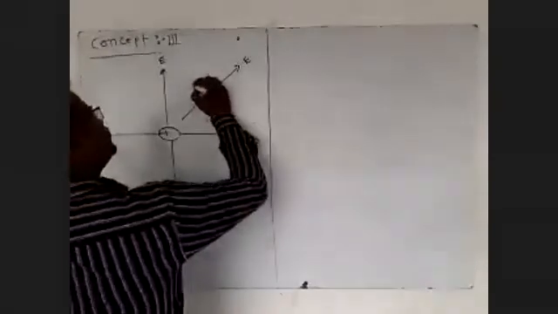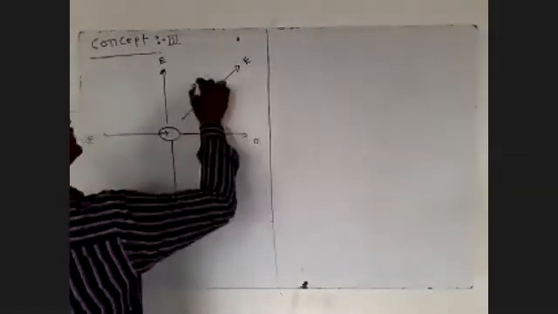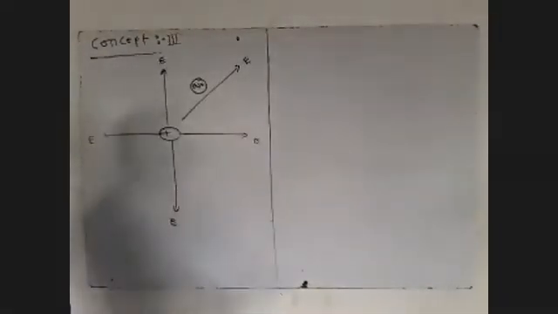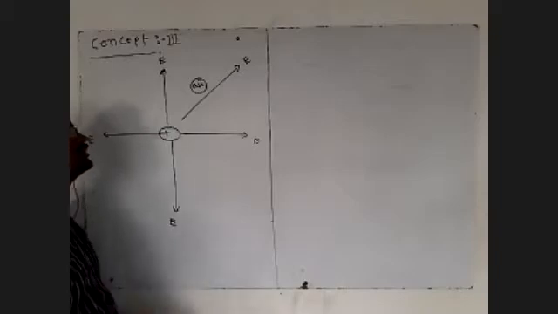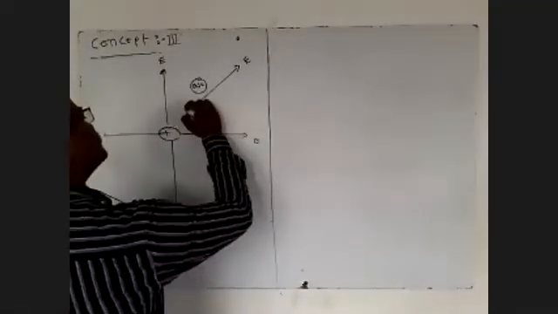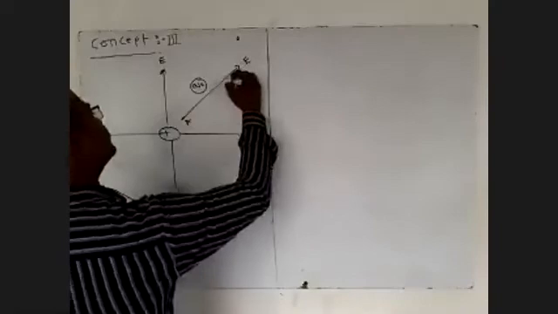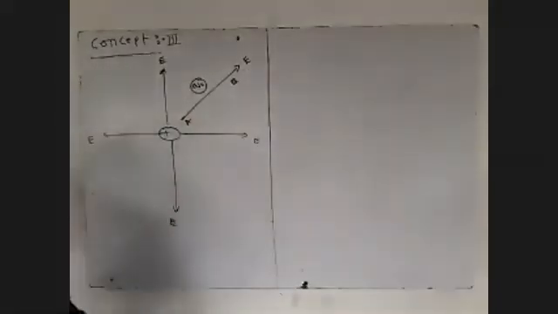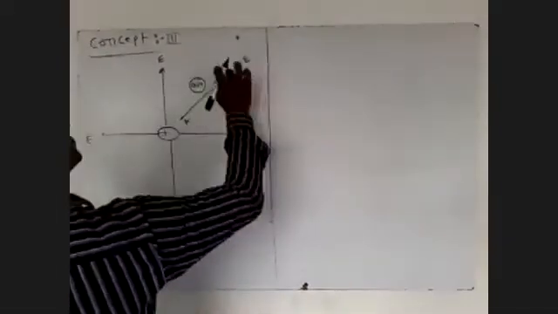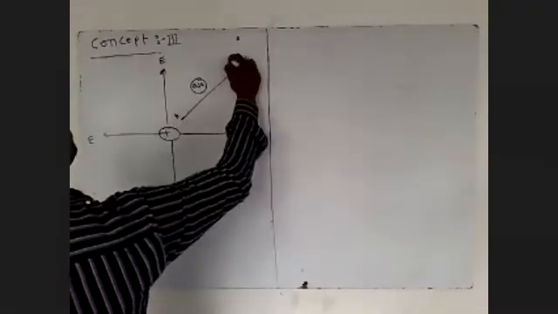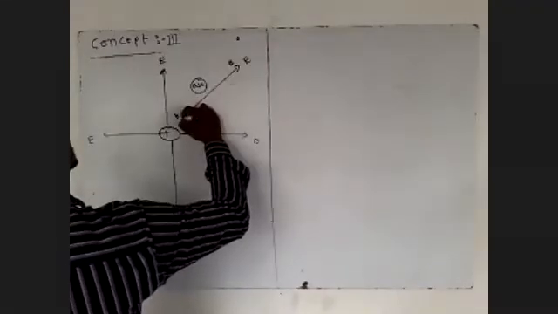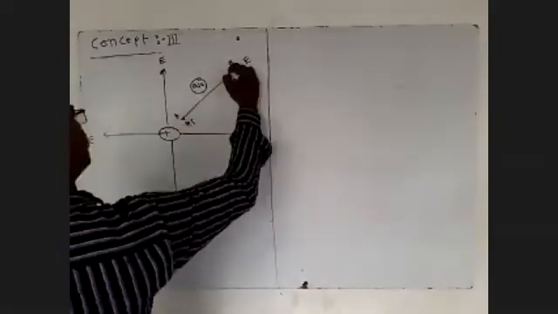So I'm taking the test charge. This is Q0, a test charge. The test charge is kept at a place in a field. Suppose we are taking this point as point A and this point as point B. At this place, this is a higher potential, and this is a lower potential.